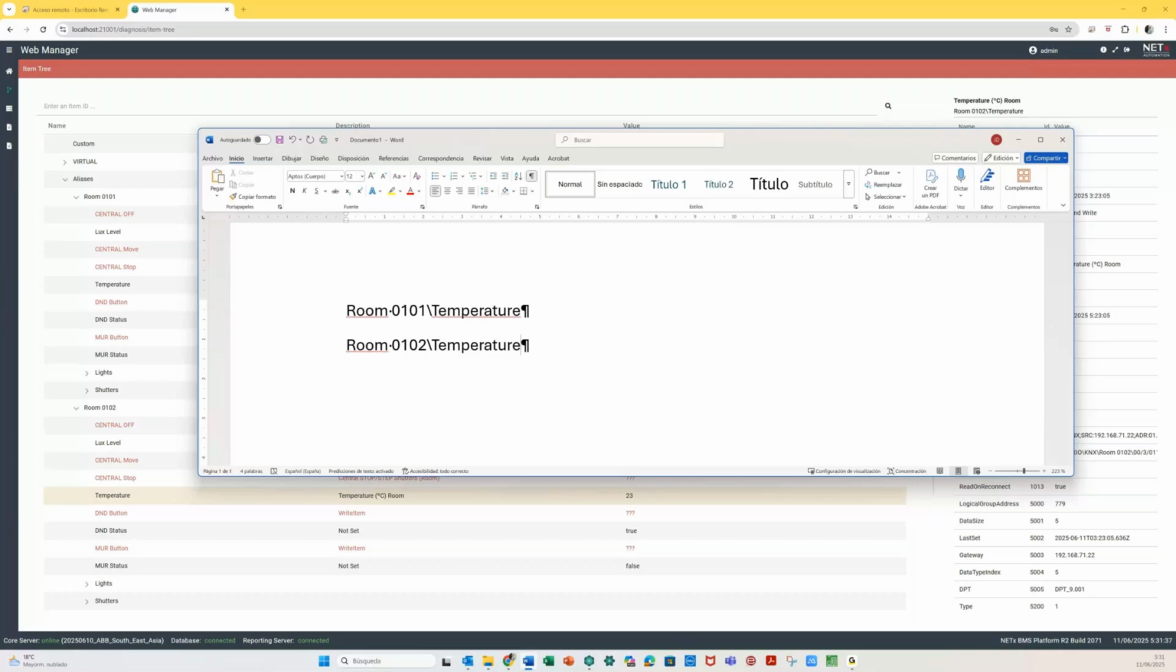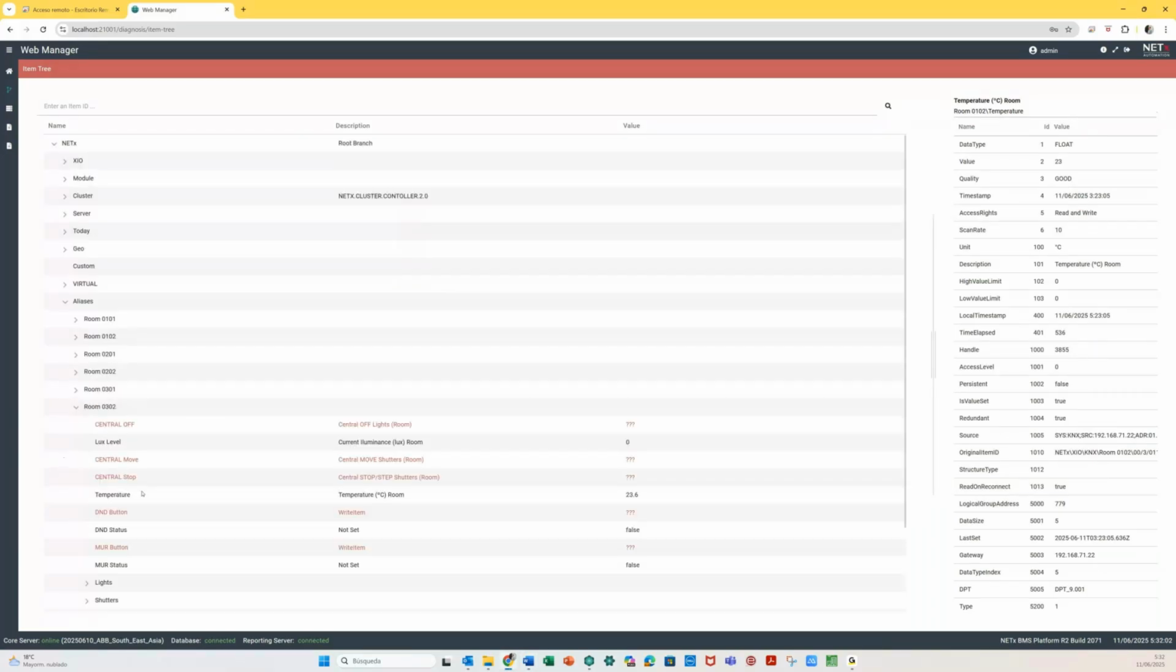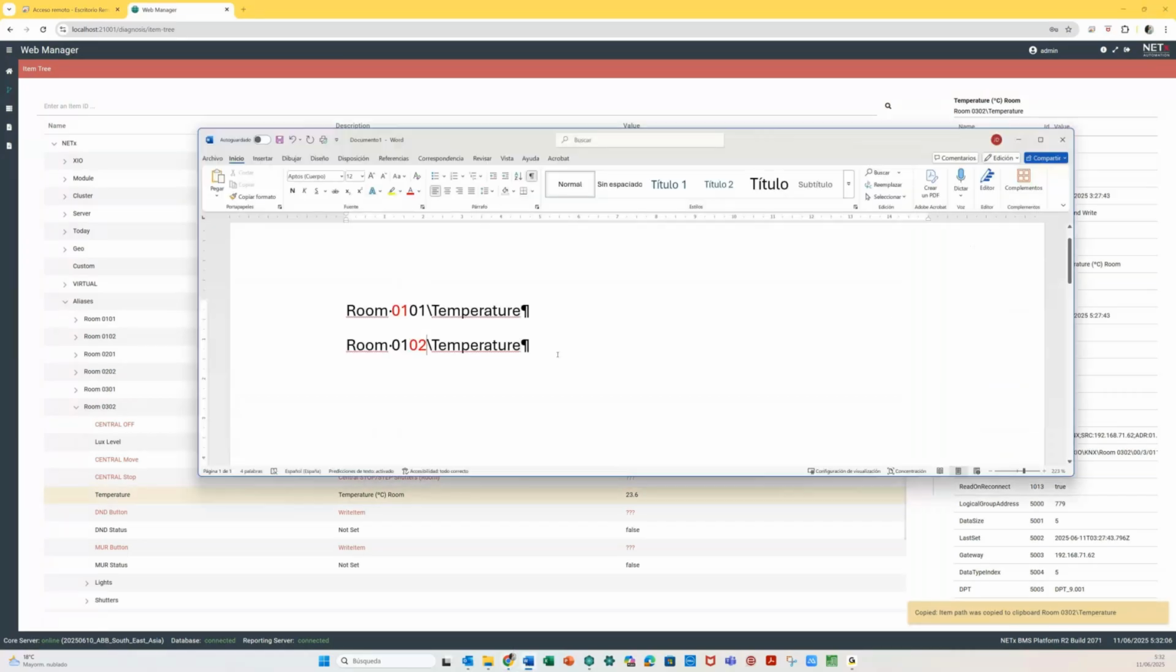Thank you. So I was telling you, the only difference for the temperature data point from every single room is this, distinguishing the floor and the room number. So this was done in our item structure using the alias. So for example, for this room, I copy item path and I show you that the only thing that changed is this, either the floor number or the room number. See, this is the only thing that changed. So I will show you now